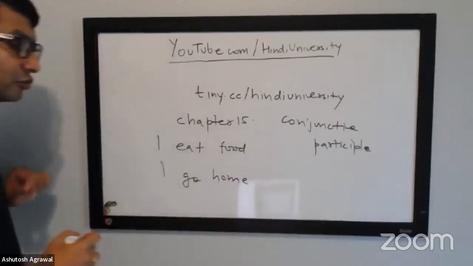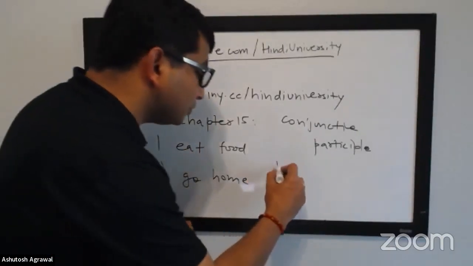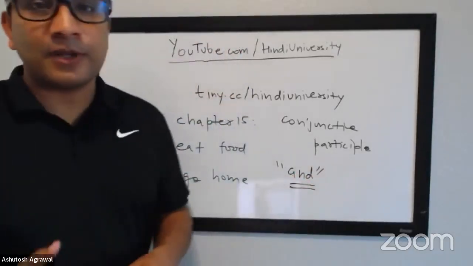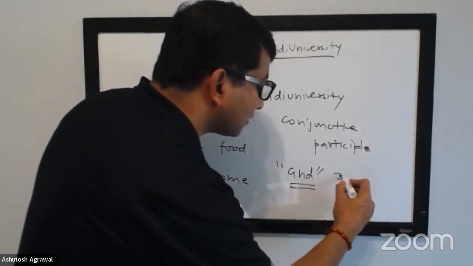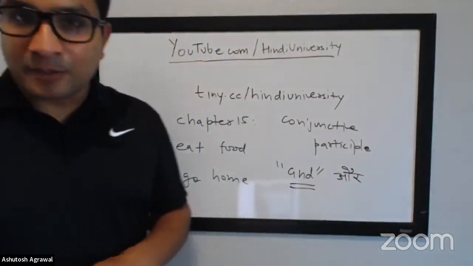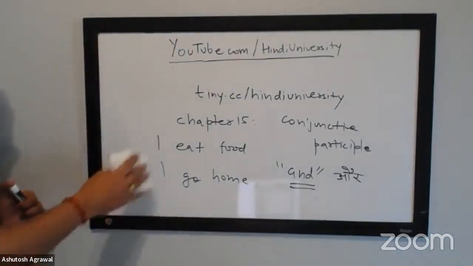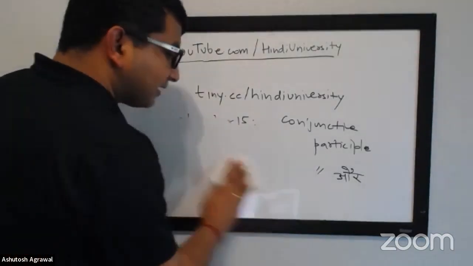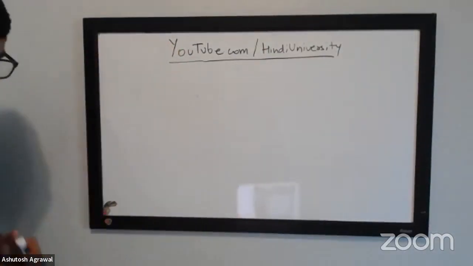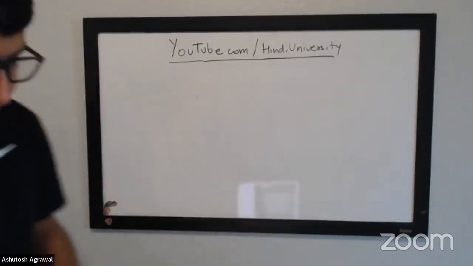If you want to join both the sentences, naturally you will say "I go home and I eat food," joining both the sentences using the conjunction called "and," which in Hindi is और. Right, so this is an example of a conjunction, but there are many. So let's dig directly into the topic, and we'll start simple and then increase the complexity. So conjunctive participle, as the name implies,